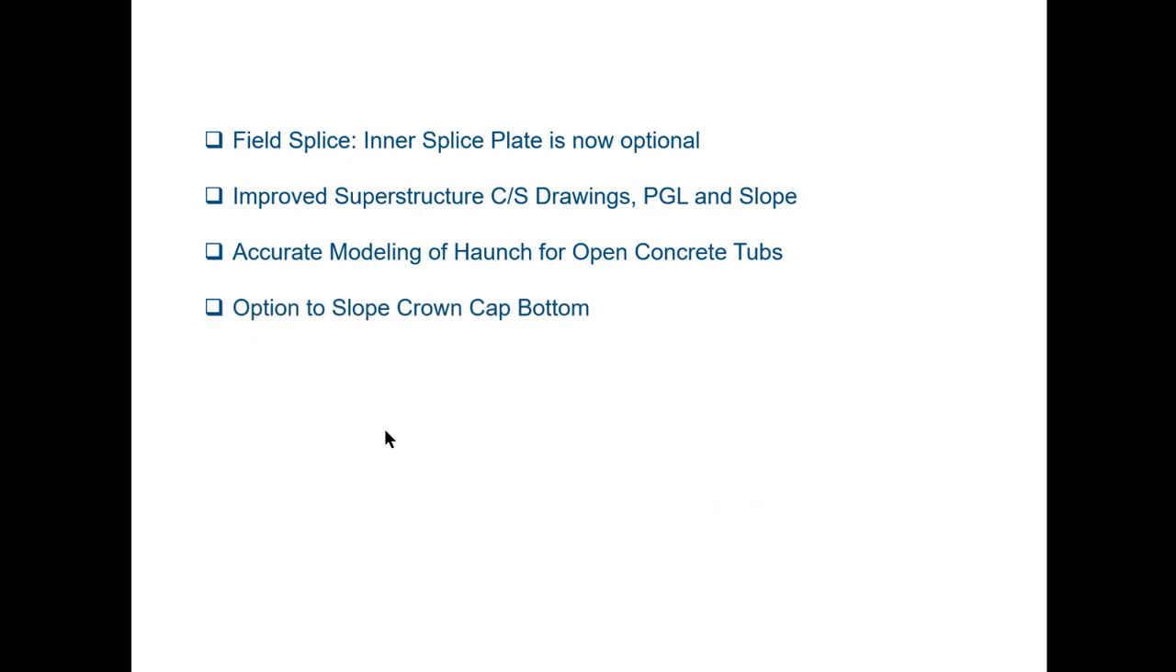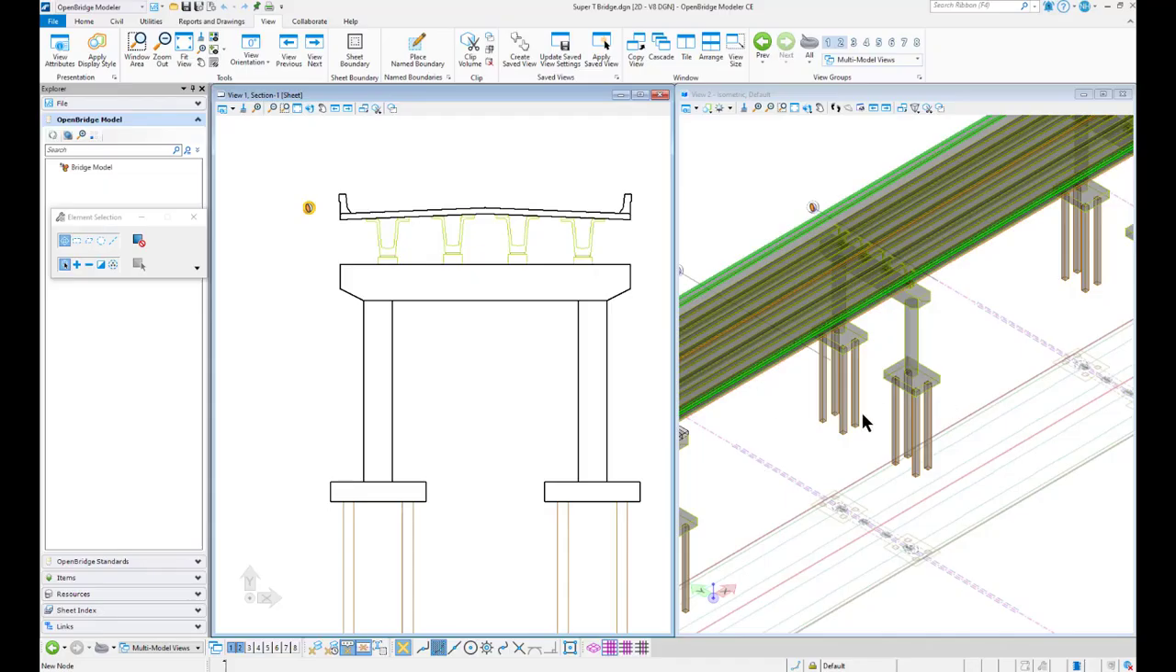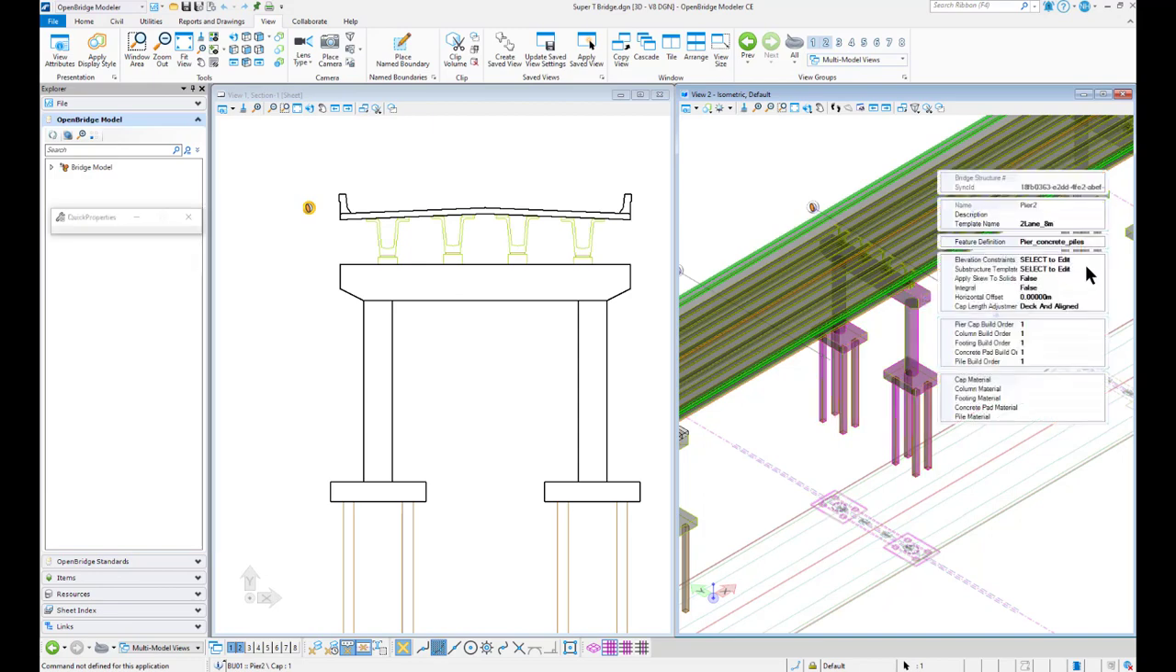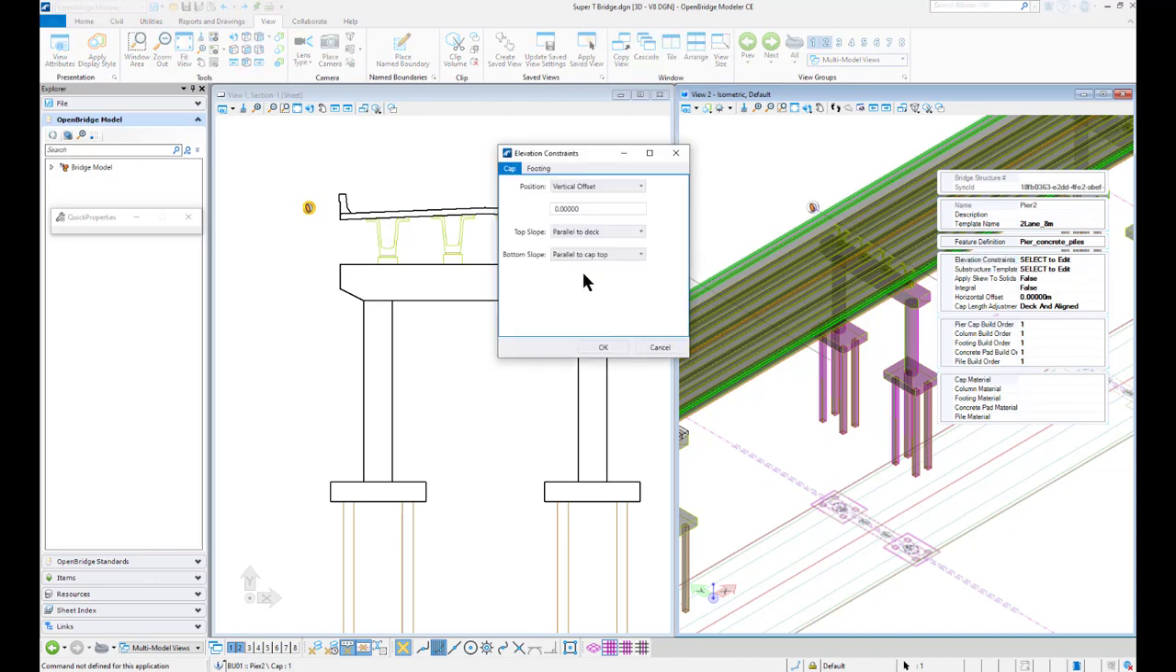The next topic we have is the option to slope the crown cap bottom, which is the pier headstock or the pier cap. The bottom of that can be crowned like the top as well. So in this bridge, if we come into this pier, and then if we go into elevation constraint, here we can change it to crown deck,